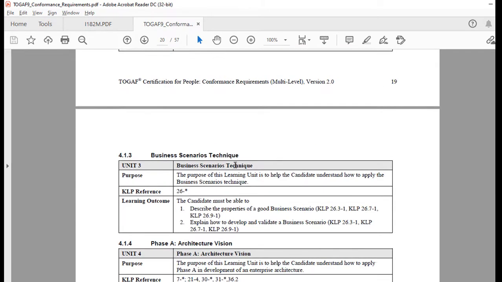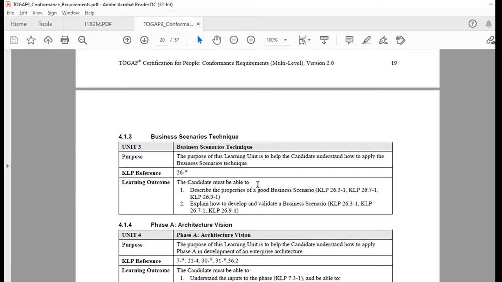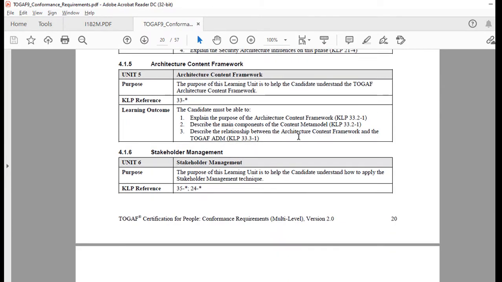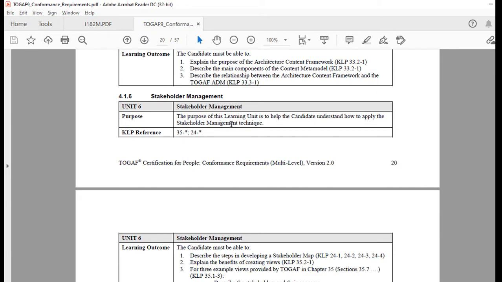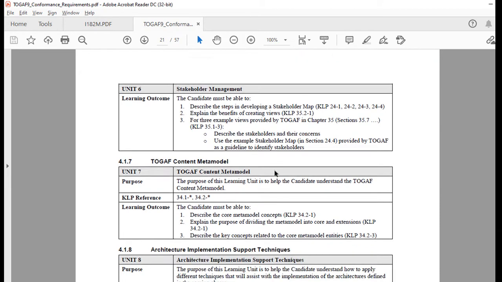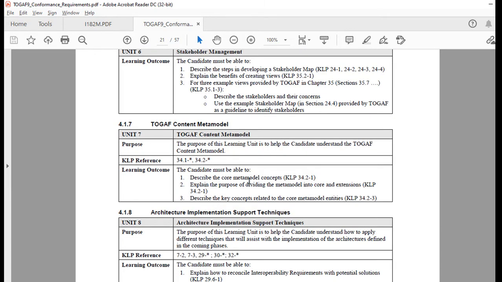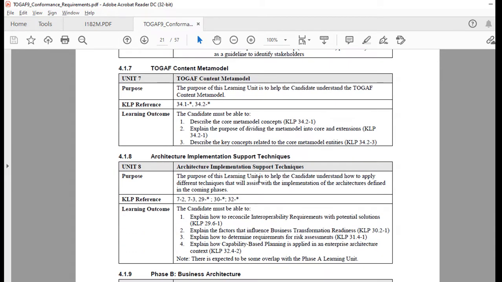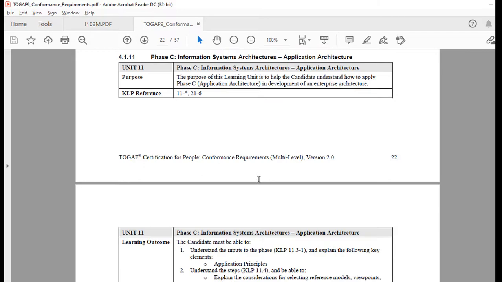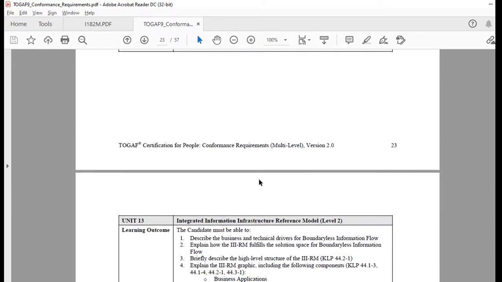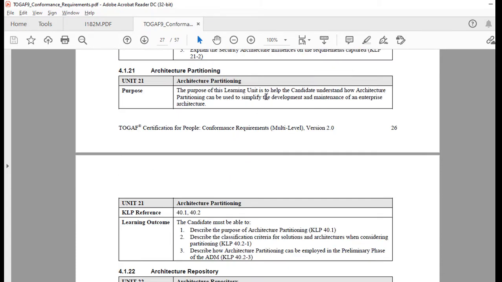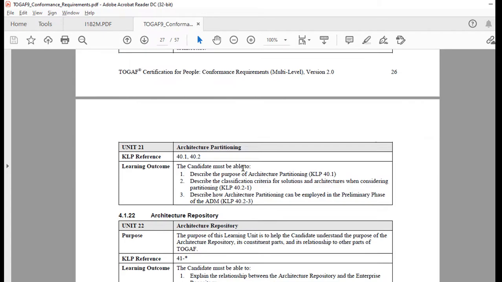We will be talking about the business scenario. We will also be talking about the content framework. This is the content framework. We will be talking about stakeholder management. We will also be touching the content metamodel. While we will be going through this preliminary phase, we will be talking about architecture partitioning also. So let me find out where the architecture partitioning is. Here it is. So we will be talking about the architecture partitioning, then the architecture repository,